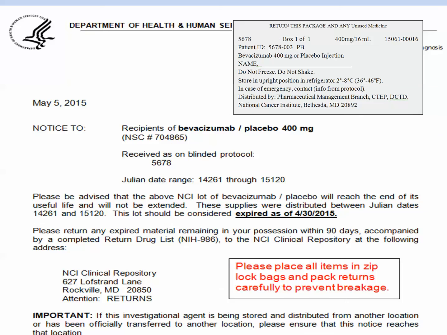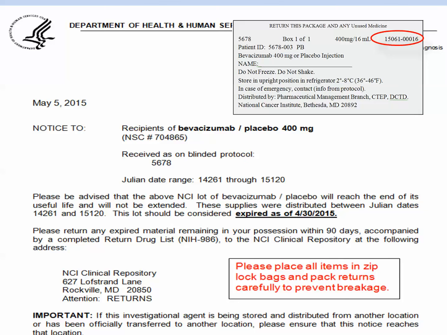Alright, let's move on to stock recovery for a patient-specific supply. This is where things may get a little confusing. In the event of a stock recovery notification, refer to the Julian date portion of the lot identifier you pulled from the patient label. This is the same number that's entered in the lot number field on your patient-specific DARF.